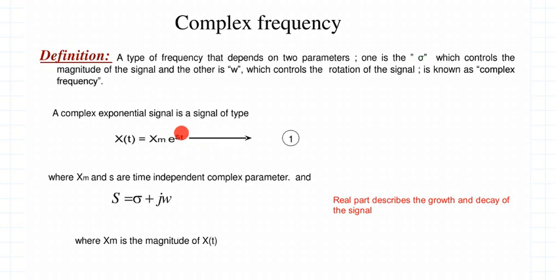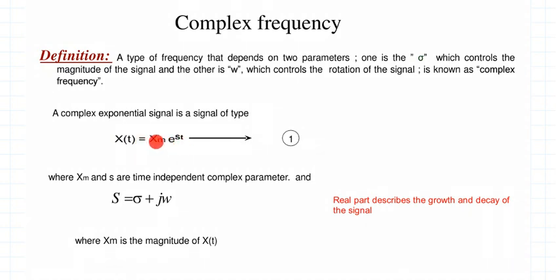Even though we say it's a complex frequency, it does not only involve frequency, but there is one more term which is associated with it, and we are going to study that and identify what that term is and what its significance is. So let us first understand that any time domain signal x(t), given any signal, may be voltage, may be current, any signal expressed in terms of a complex frequency